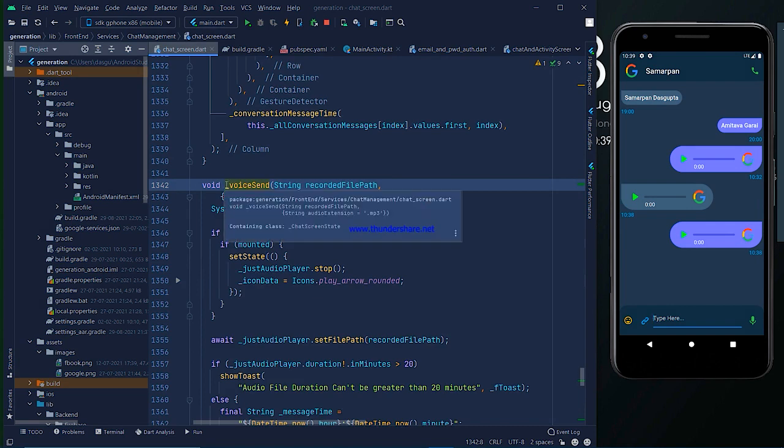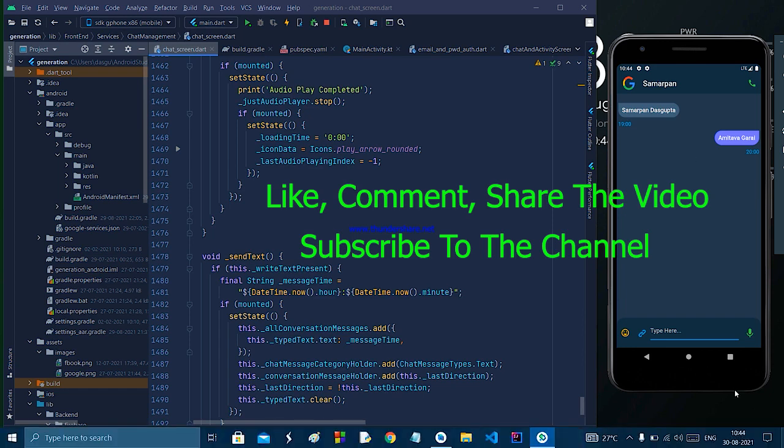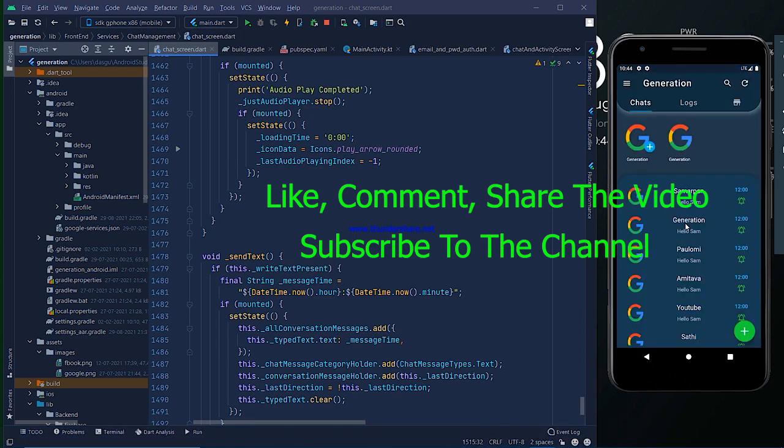As I explained that method earlier, I don't explain it again and again. Okay, so we completed all the UI for the chat screen, and from the next video we will move to the backend and backend functionality, and two databases to maintain, Firebase Firestore and SQLite. Cool. So see you in the next video.